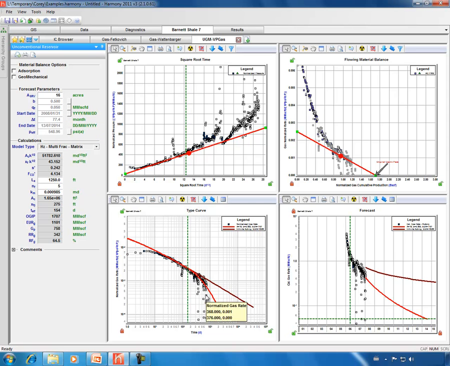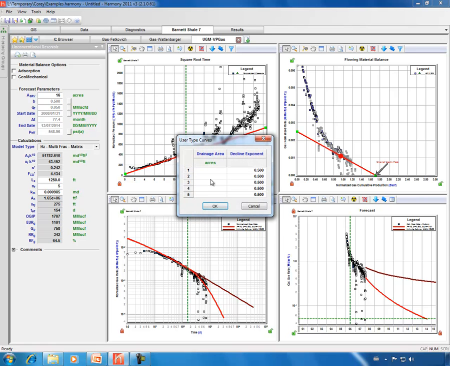In this particular instance, we may want to investigate cases where the boundary-dominated flow takes more of a heterogeneous track through time. So let's investigate additional type curves. In this case, we're going to keep the drainage area to 16 acres, but we're going to find out what would happen if maybe we remained in a harmonic decline rather than going into a B value of 0.5, which is fully boundary-dominated flow. The assumption here with a higher decline exponent would mean that maybe there's some pressure support from outside